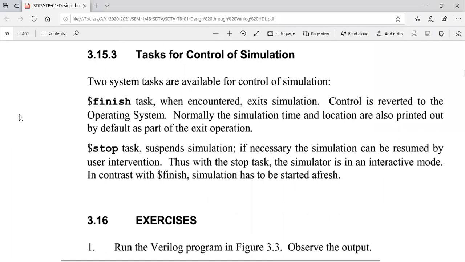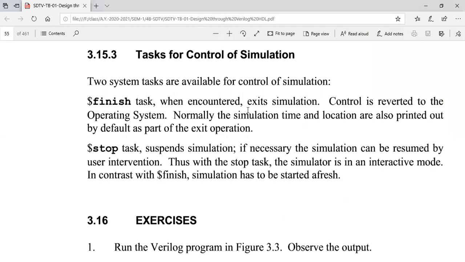At last we have only two statements to control the simulation. One is finish. If you write dollar finish, it exits the simulation. Generally, we write it at the end of the programs.